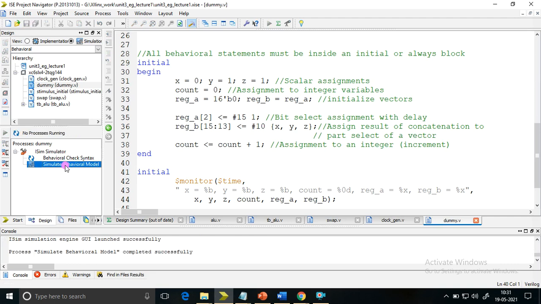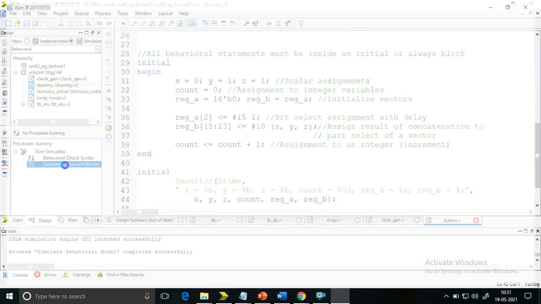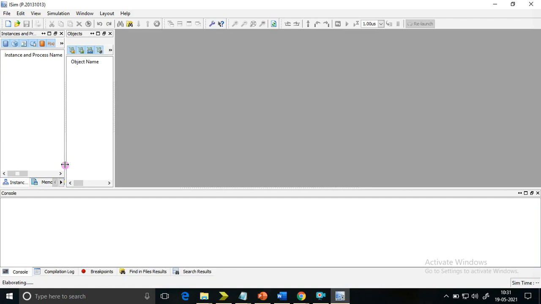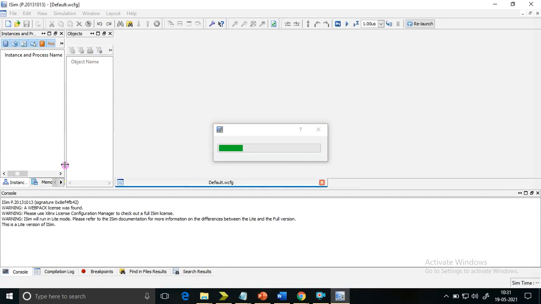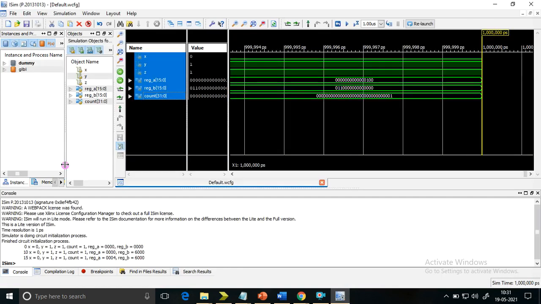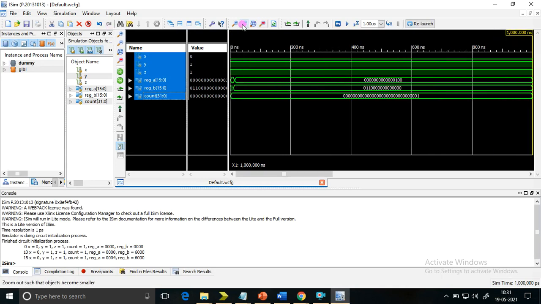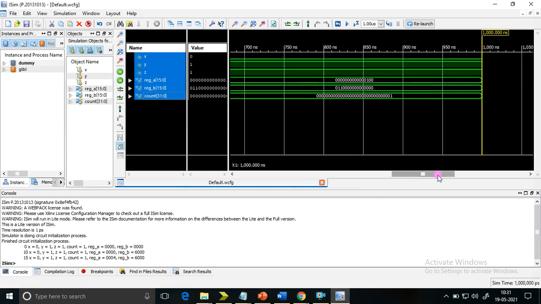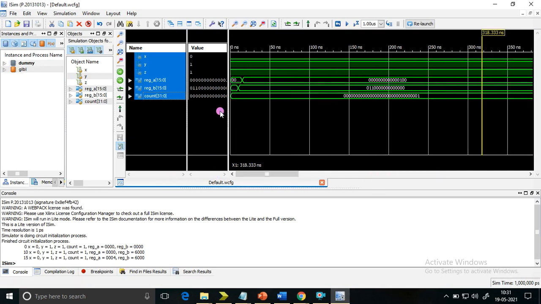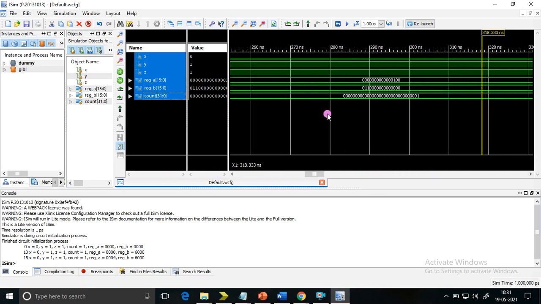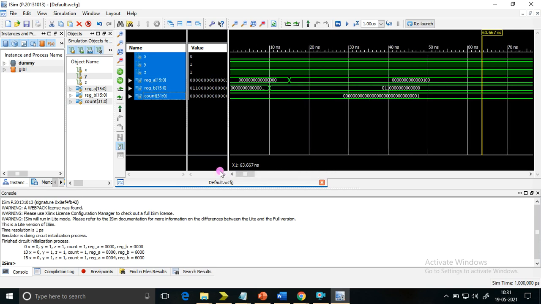The simulation completed successfully. We are waiting for the iSim simulator to open. I'll zoom to fit. You can check: X equal to 0, Y equal to 1, Z equal to 1.